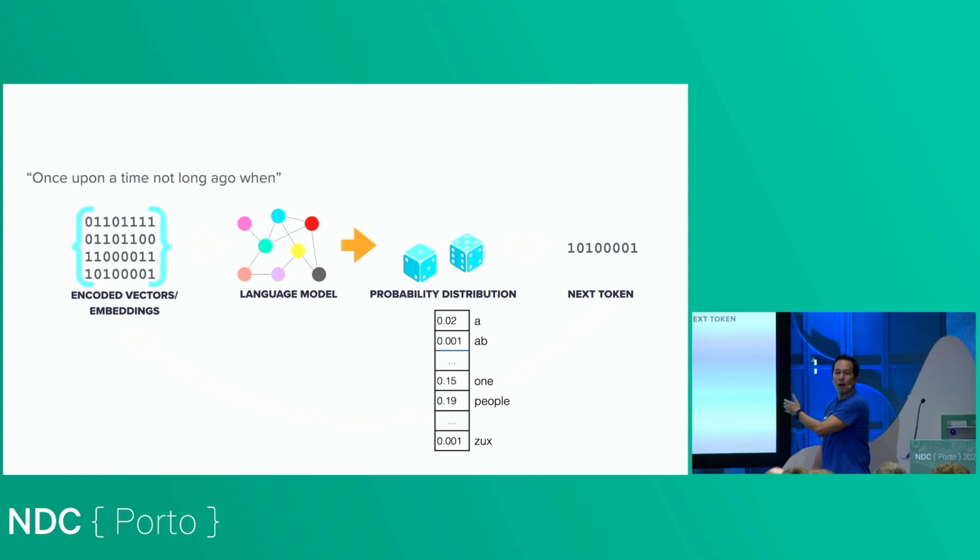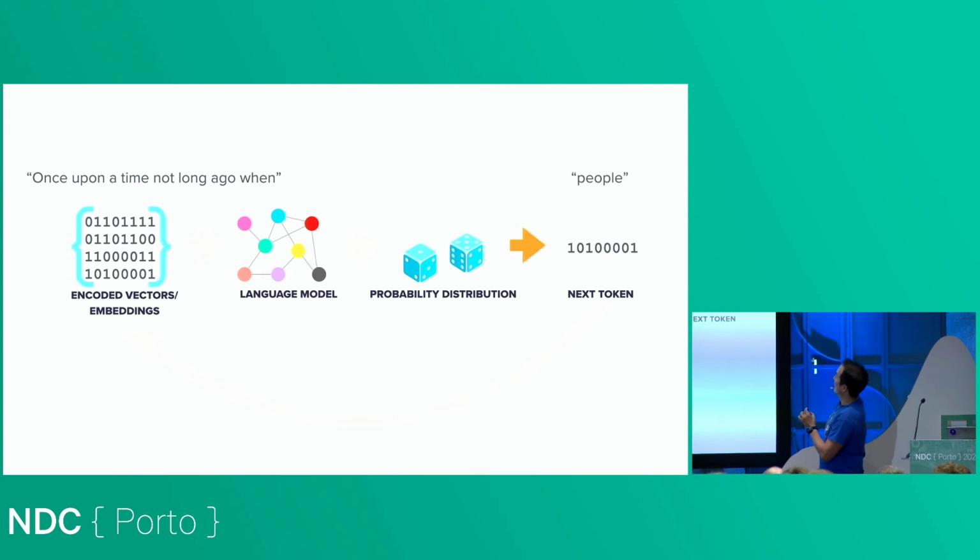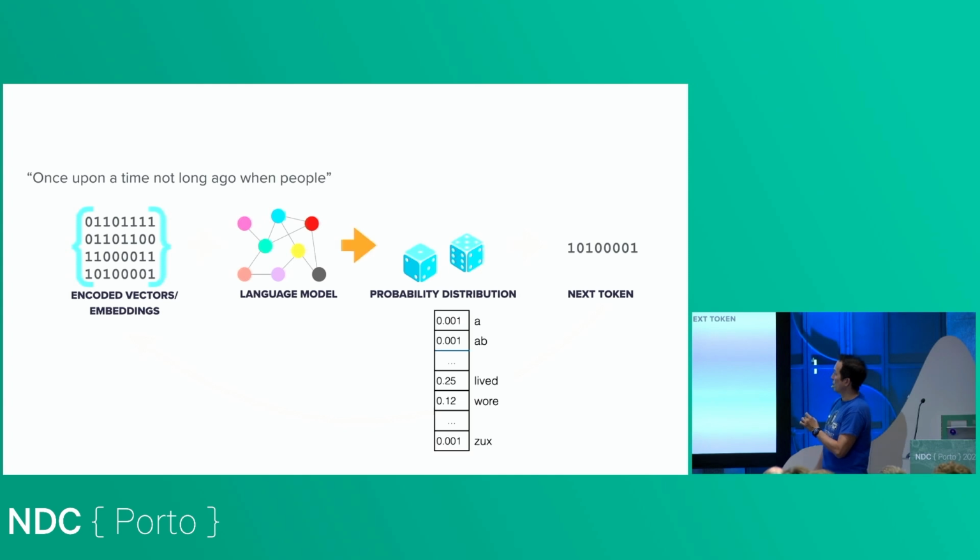And now there's a new probability distribution, and then it picks the next token. It takes that token, spits it back in, and so on and so forth. You might be wondering, where is it getting this probability distribution from? Well, that's all the pre-training. That's the P in GPT, where it took the huge corpus of data and trained on that.